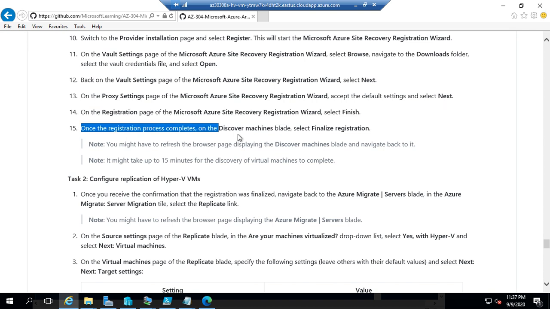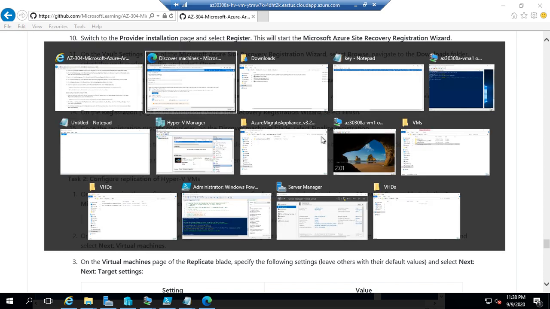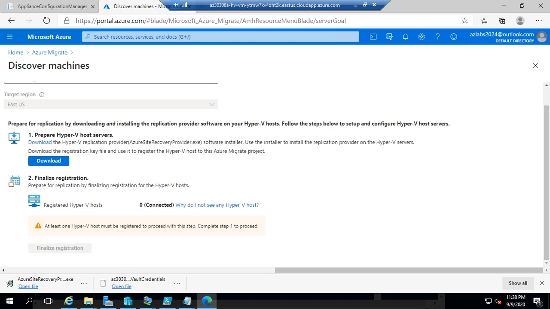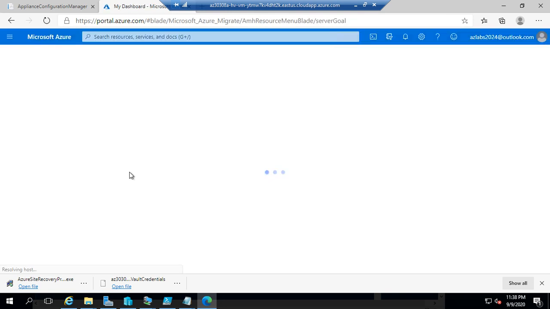Now we're gonna go back to the Azure portal. On the discover machines place, we're just gonna say finalize registration. So over here under finalize registration, it's not showing up, so this time I'm going to refresh, and I'm hoping that it's going to show up something, because if you don't have this you cannot move to the next stage. Okay, so let's refresh and hope for the best